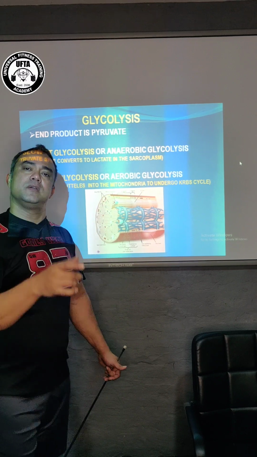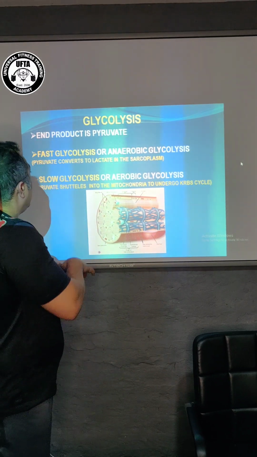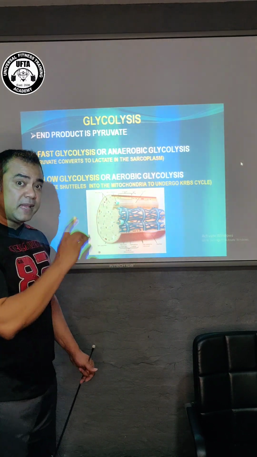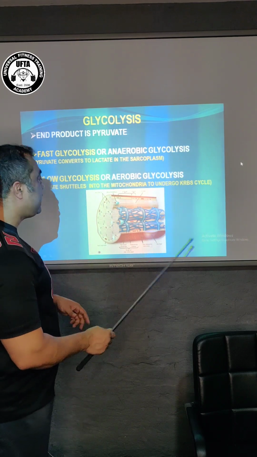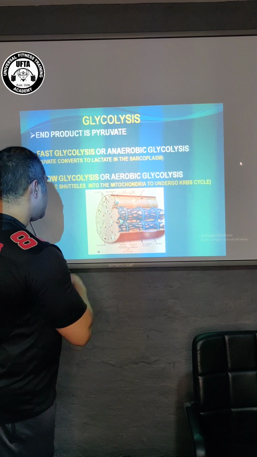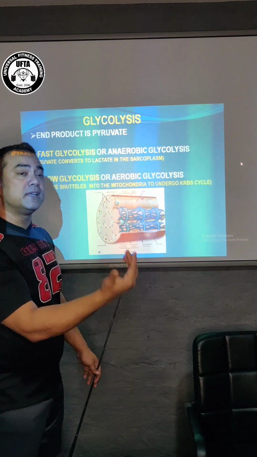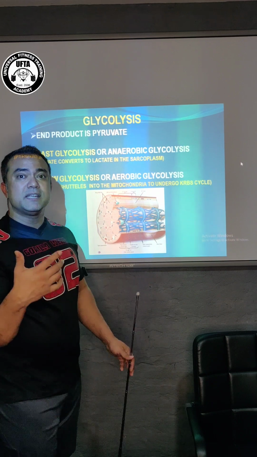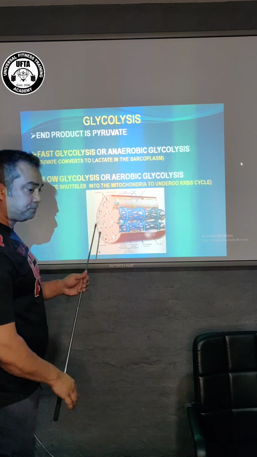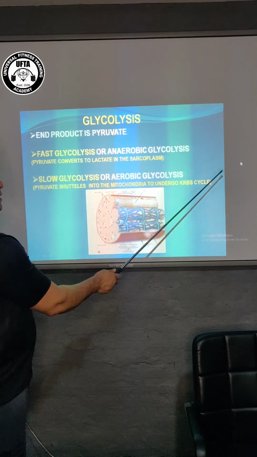Within the range of 80 to 100%, you are using the glycolysis system, and in that glycolysis system you will be stimulating more of the fast glycolysis. And if the intensity is a little bit less, your transition will be towards the slow glycolysis process. Means the body is transiting towards the aerobic energy system.